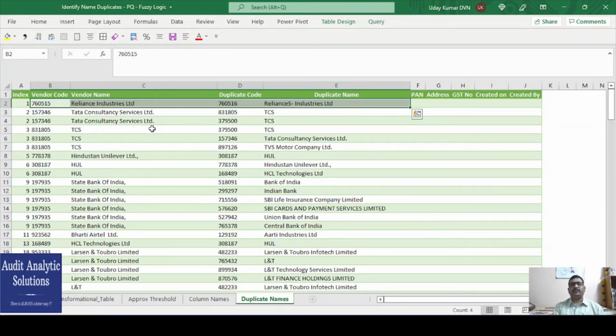But here you find that it is finding the duplicate, even if there is a capital, or even if it's a small letter, or if it's hyphenated, if it is having additional space, etc. And in the transformation table, we have mapped TCS to mean Tata Consultancy Services, and that's the reason why it is giving us a duplicate, because it has two different unique codes, right?